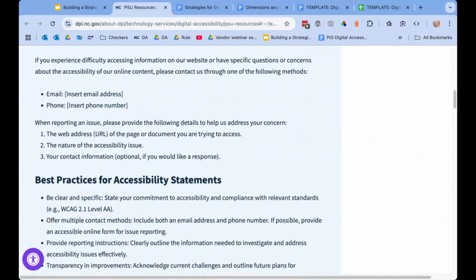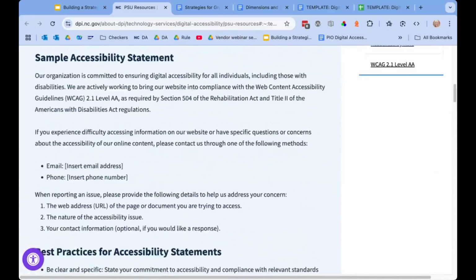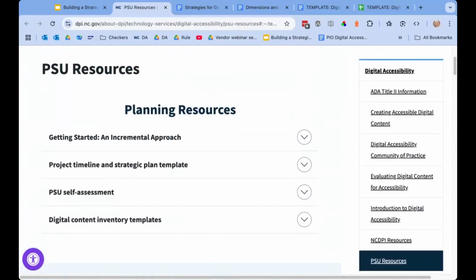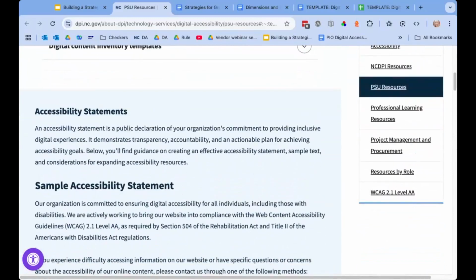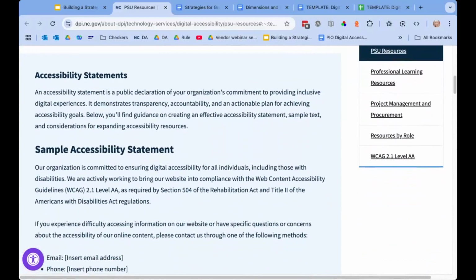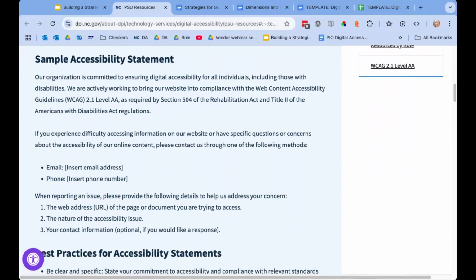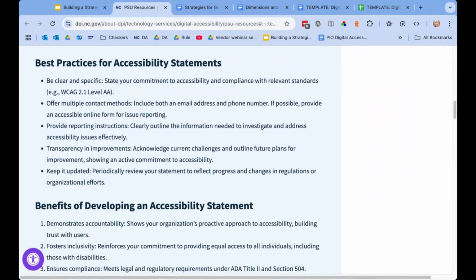And if I scroll down, I thought I had linked directly to this heading right here for the accessibility statement. It's close to the top. I've got planning and resources linked here, developed in these drop-down menus. And then just below that, in that light blue box, is where I've got a whole section on accessibility statements. So I have examples, like an example language for an accessibility statement, but then also some best practices and then the benefits of having